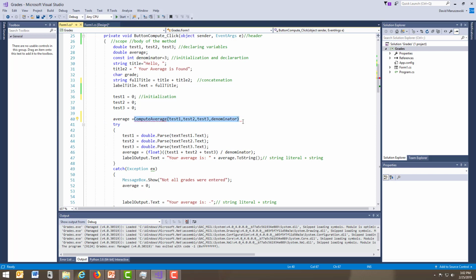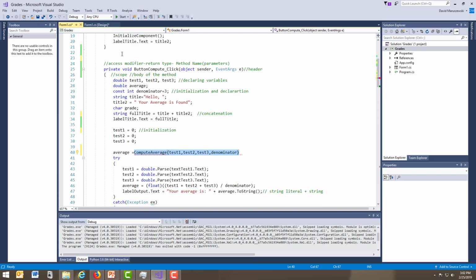And now we have to have a compute average. And a lot of times I'll just copy this and put it where I can see it originally, and then I can move it later. Like I said, I like to do mine in alphabetical order, but other people do different things. The reason why I do it this way is because now I can set it up with the private. In this case, we have a return type, and the return type, if you notice, has to match average. So average, where do we actually declare average? This is where we solve for average, but average is actually here as a double. So we have to actually say return type double